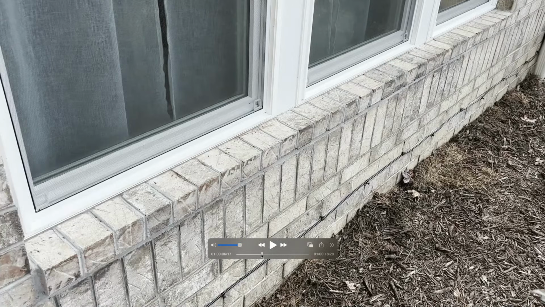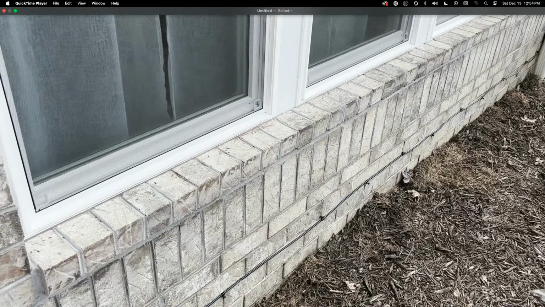I mean, they're not going to fall out, but I think what I'm going to do is, since now the holes are started in the mortar because of the masonry nails, I will do it the right way, the way I should have done it initially.